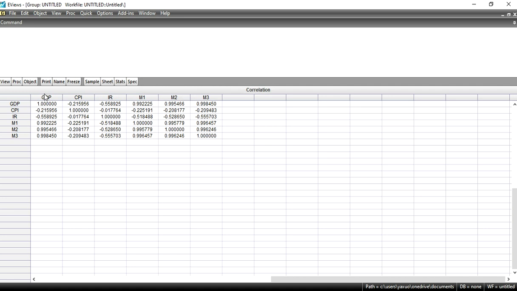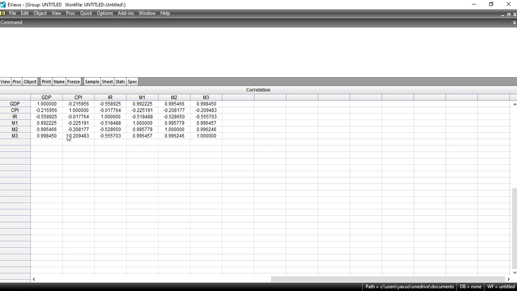Look at this variable only and try to relate it with the other variables. GDP to GDP is 100% related. Then CPI to GDP, then how much relationship exists between IR and GDP, then M1 and GDP, M2 and GDP, M3 and GDP. This is how you read the result.